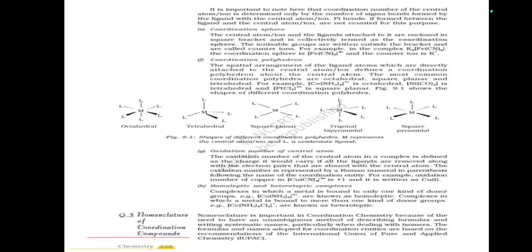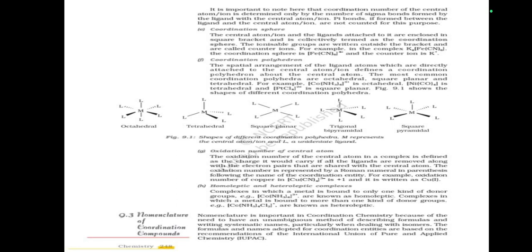Coordination polyhedron. The spatial arrangement of the ligand atoms which are directly attached to the central atom or ion defines the coordination polyhedron about the central atom. The most common coordination polyhedra are octahedral, square planar, and tetrahedral. For example, [Co(NH3)6]³⁺ is octahedral, [Ni(CO)4] is tetrahedral, and [PtCl4]²⁻ is square planar. Figure 9.1 shows the shapes of different coordination polyhedra. M represents the central atom and L indicates